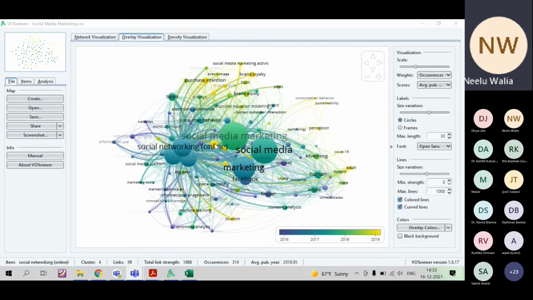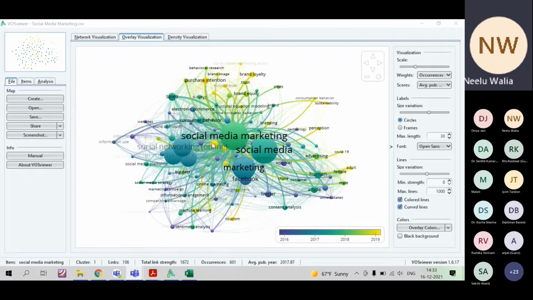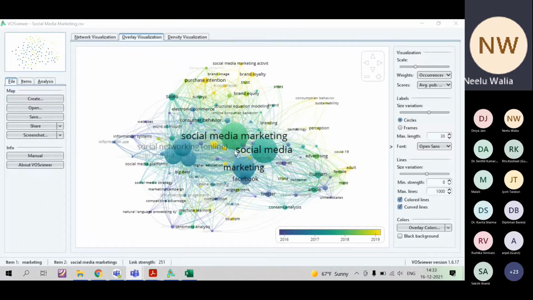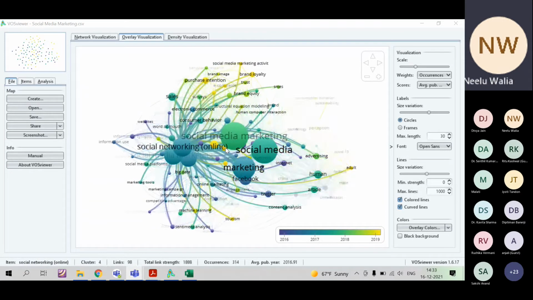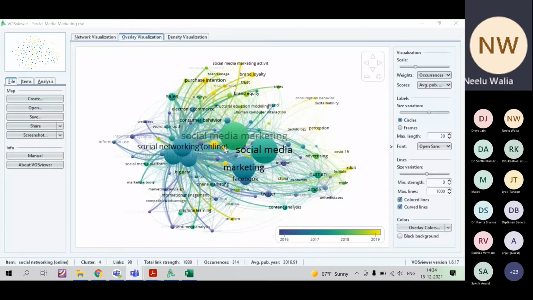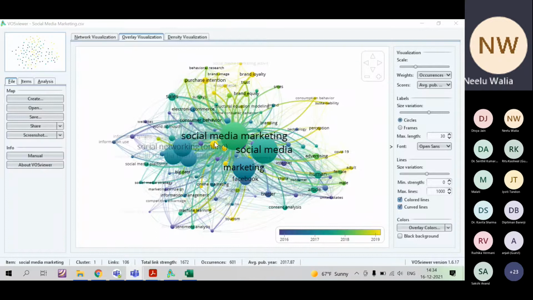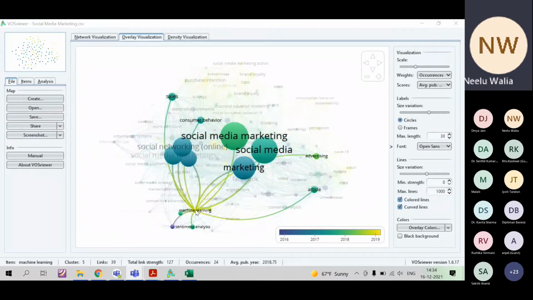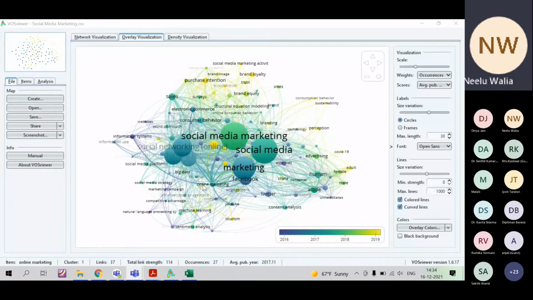There is one yellow colored here. Let me see what it is. I am unable to see. I think it is marketing. It is social media, social networking online. Then again in yellow color, machine learning, then online marketing.